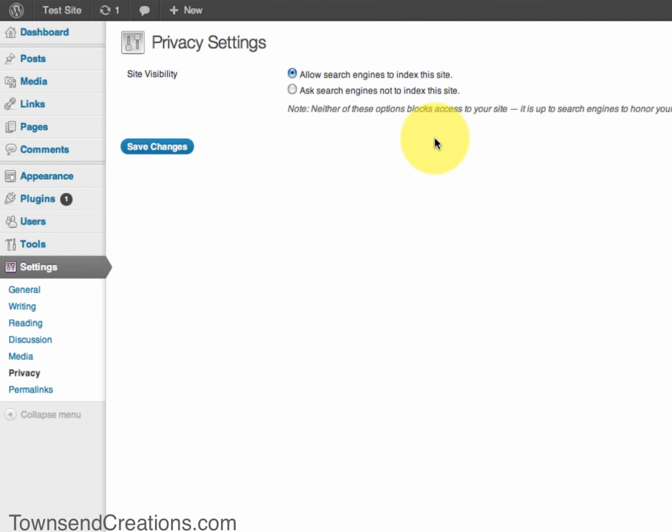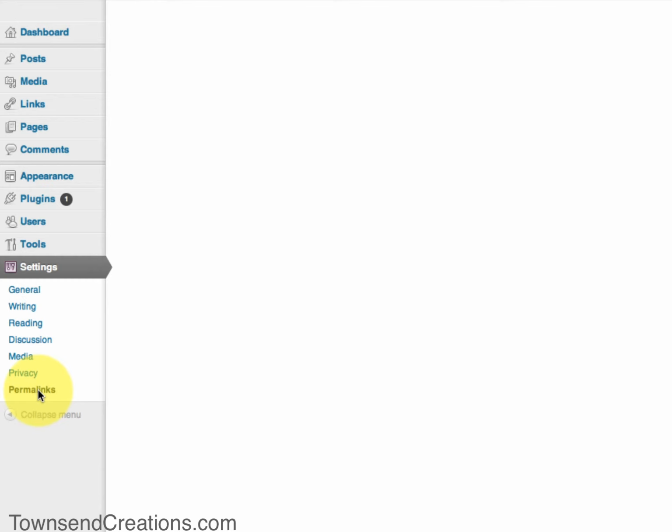So if you're building a site, generally you say, no, do not index the site. But if you've just built the site and you're ready to launch, then yes, you allow the search engines to index the site. You click Save Changes. And then your permalinks. Permalinks is how WordPress actually shows the links in the menu bar. For example,